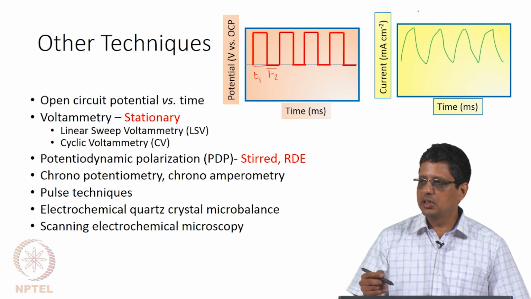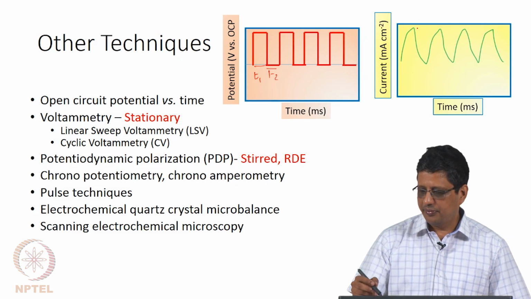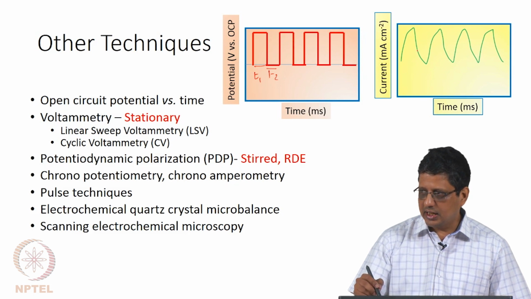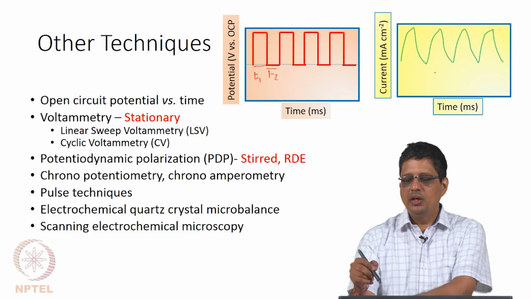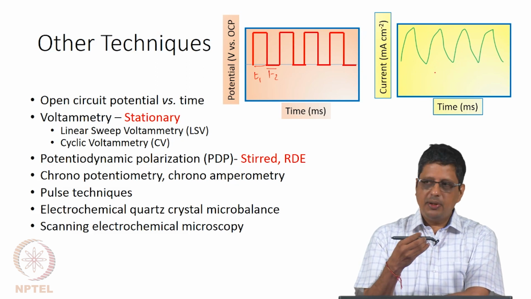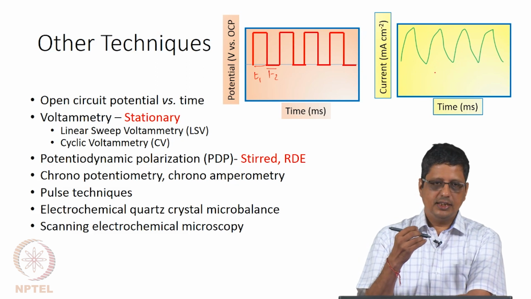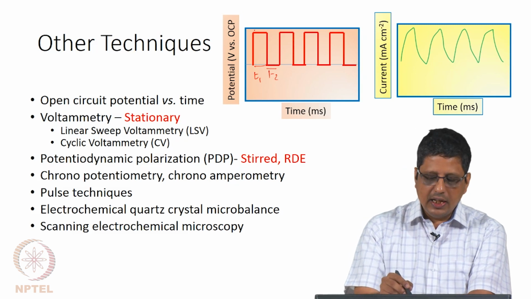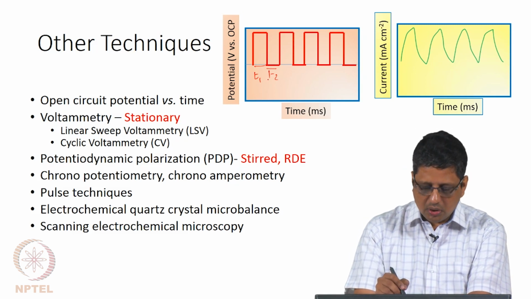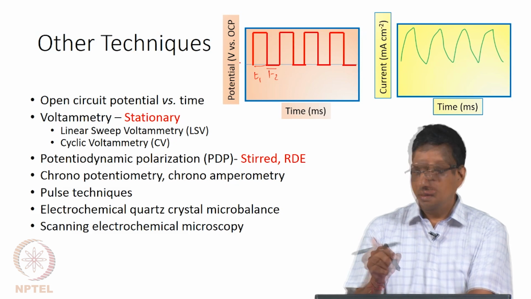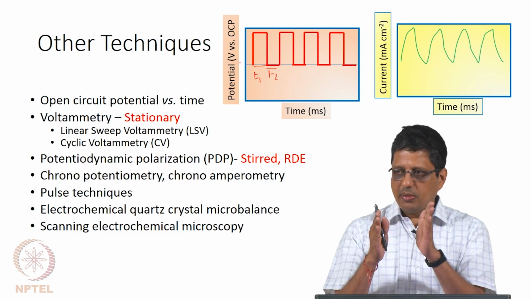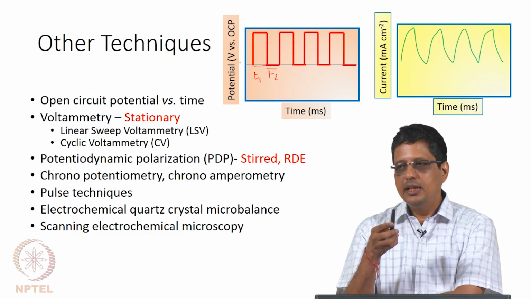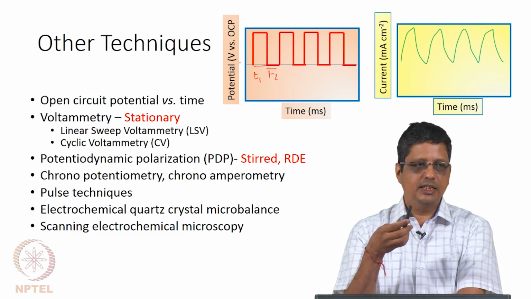Current will actually go somewhat like an exponential function. Again, when you switch off the potential, the current will not instantaneously come to 0, it will decay. Based on that you can interpret. It is actually sometimes used in industry as a particular way of depositing material. You can even go to high potential, then come down to below 0. So you may deposit something, remove some of it, again deposit something, remove some of it, and continue to do this. In some cases, it will give us a benefit.